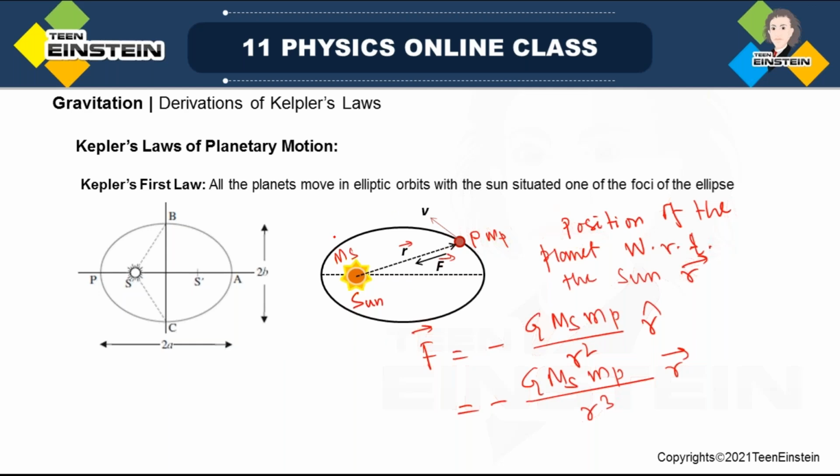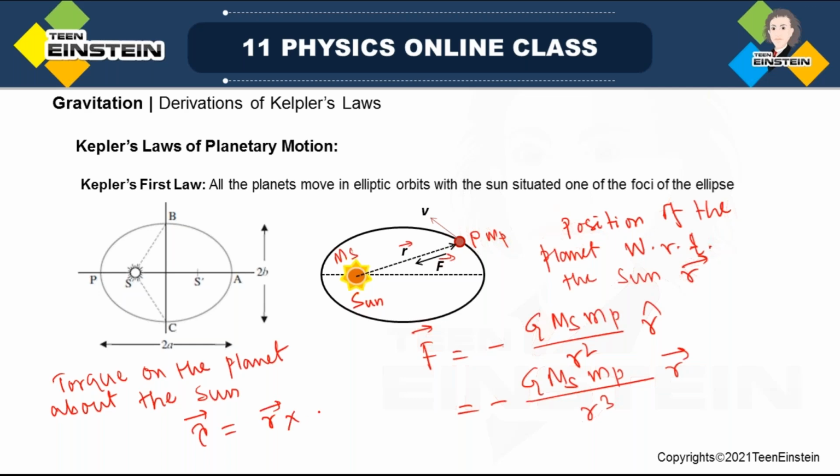In case of rotational motion, since the planet is rotating around the sun, the torque on the planet about the sun can be obtained